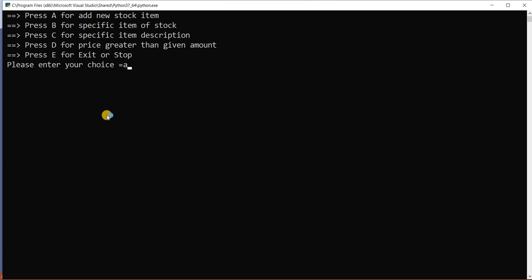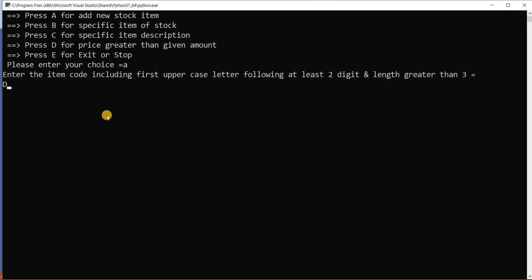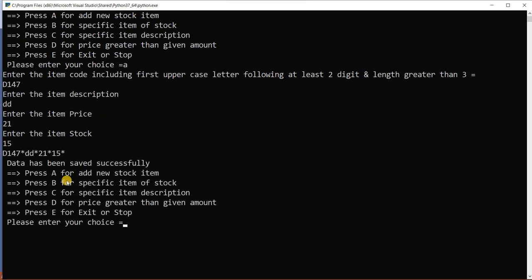Enter the choice A, D capital 147. Description is suppose DD. Price is suppose 21. Stock is 15. Okay, data has been saved successfully.